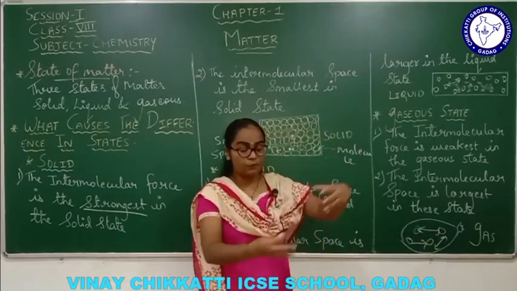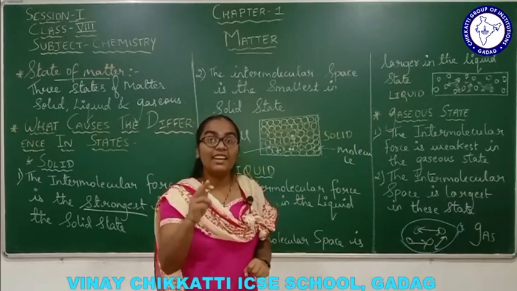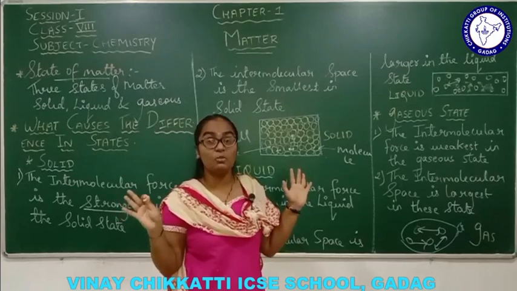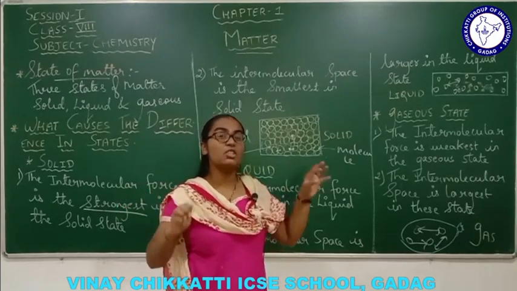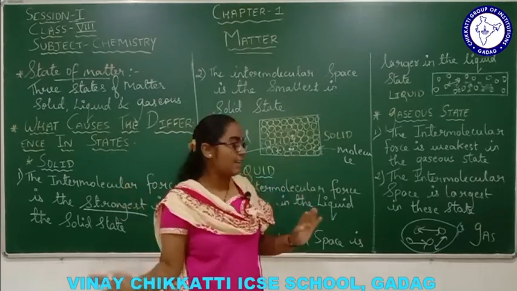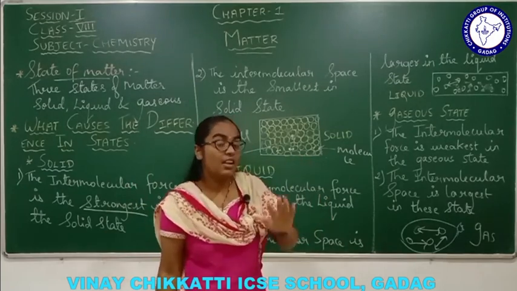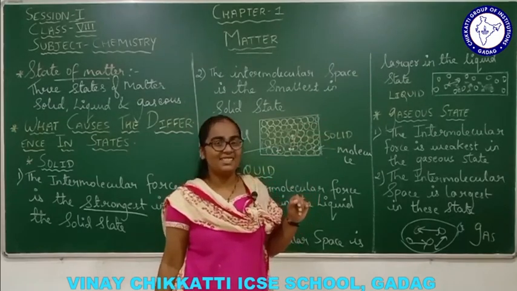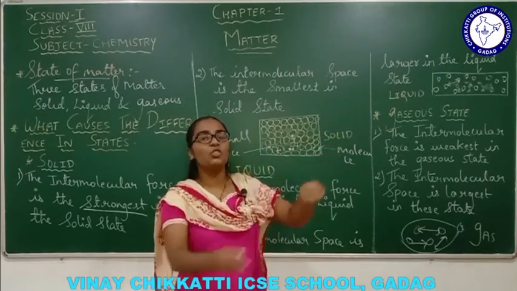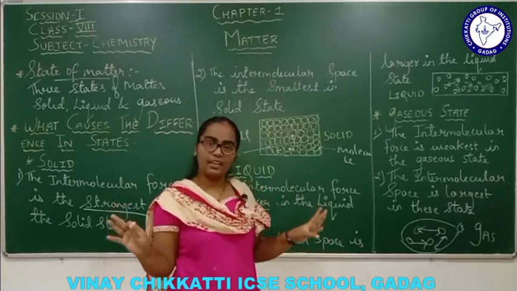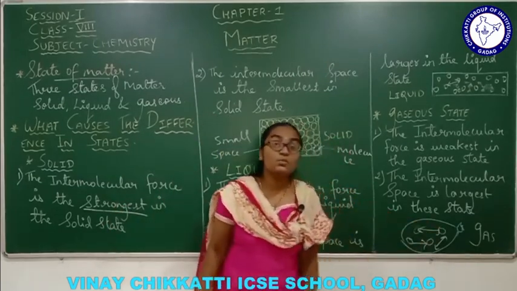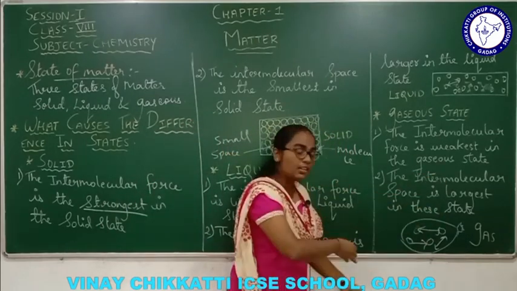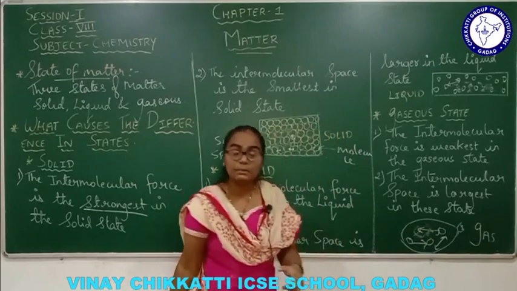Since they are so far away from each other, the intermolecular force of attraction will be weakest. I am using the word weakest. Weakest means more and more weaker. Understanding my point? Why are they more and more weaker? Because if one molecule is there, the other molecule will be downside or at the other pole. So the force of attraction between those molecules will be weakest. If the force of attraction is weakest, then what will be the space? If they are residing in one pole and another pole, there will be more gap, more space.